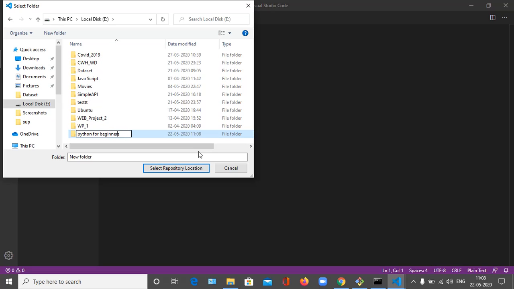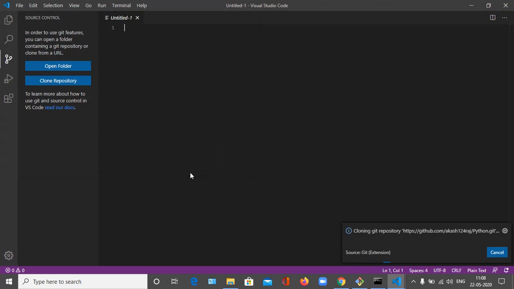Okay, I'm going to clone this folder with that repo. So I'm going to select this repository, cloning the repository. It's successful. So if you want to open it in a new window, you can just click here.